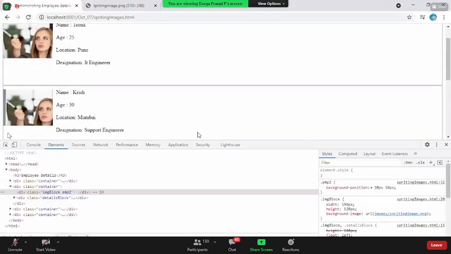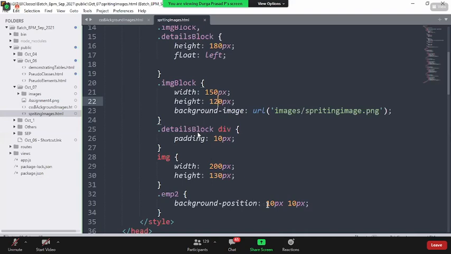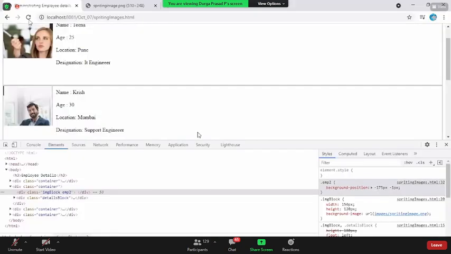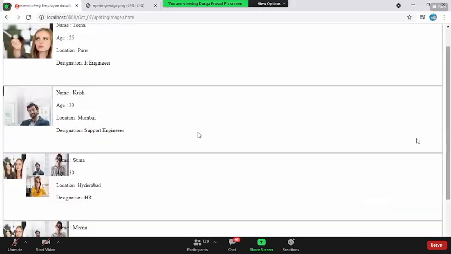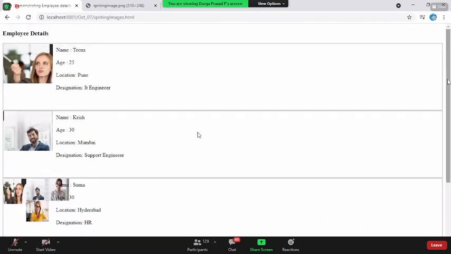Now I'm reloading the page. Now if you inspect this, go with the background. I'm just clicking on the up and down arrow. That's it. Because you as a developer can never guess what the position of that image is. Okay, this is what I have. Now, can I take these values, go to the background image value of the employee, set these values, and come back to the browser? Now, if you reload the page, do you see the perfect image for Tina and Krish?